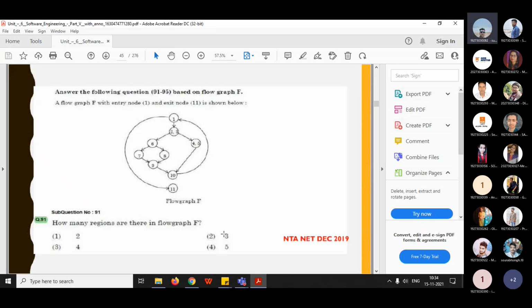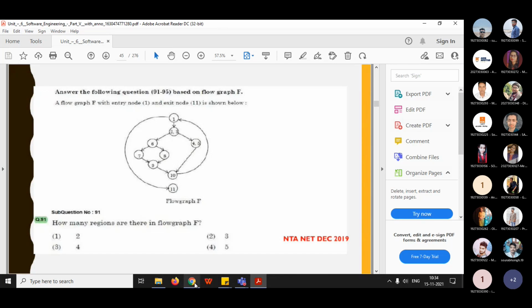How can you find 2? How many regions can you see? This is one region, right? By viewing this graph, ma'am, you can see 6, 7, 8, 9. 6 and 7, no, 2, 6, 3. 7, 8, 9 is not in the same direction. See, these arrows are different. This is in the same direction, whereas this is in a different direction.